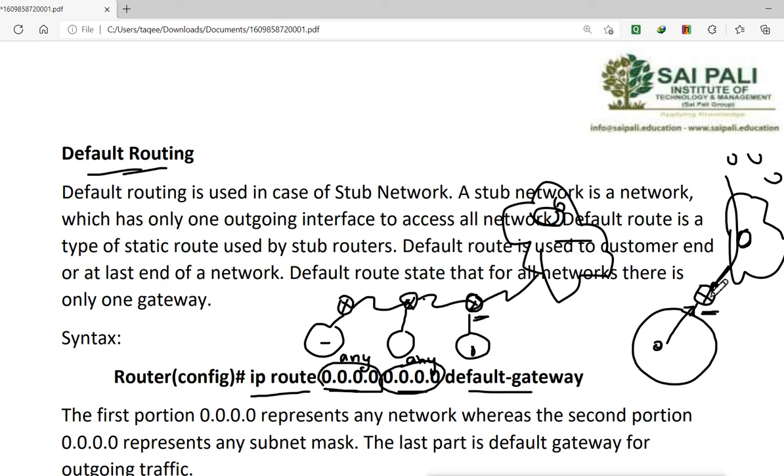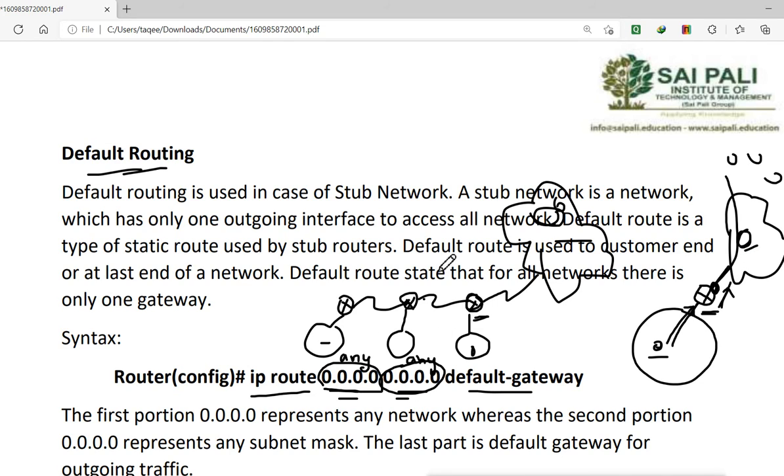That means we are saying for any network, for any subnet mask, you can go from this interface. So if any network request comes from this machine to the router, the router knows that for any network it will send the packet from this interface and it will reach the WAN.